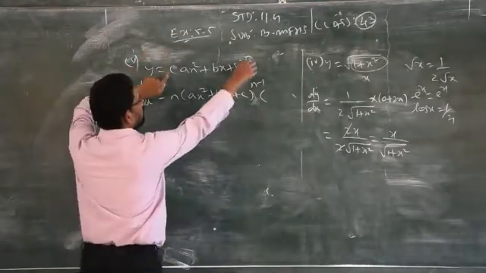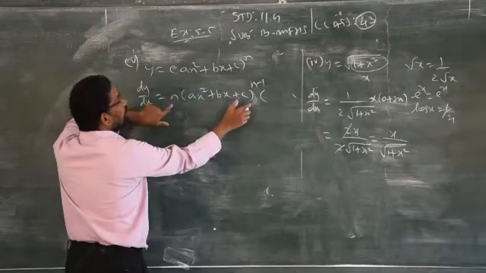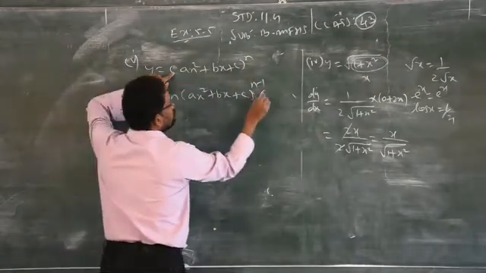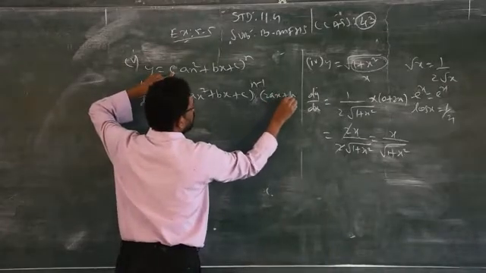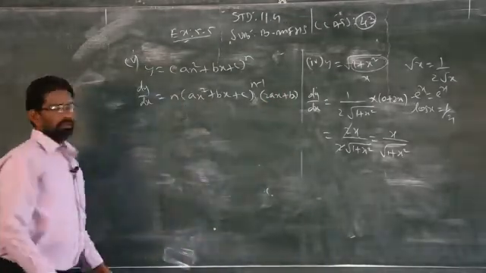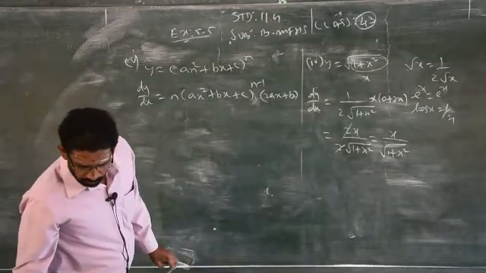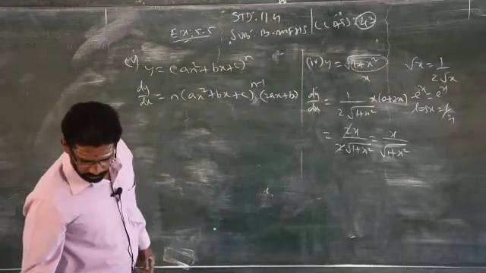That is the rule. So I differentiate the power, and I got this answer. Next you have to differentiate inside the bracket. Ax square gives 2ax plus b. That's the whole answer. No need to simplify more, just leave it as it is. Then sum number 6, you take it as homework.